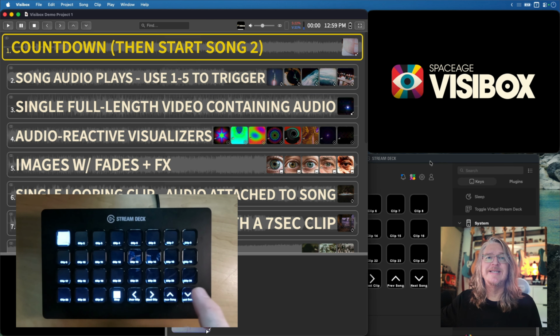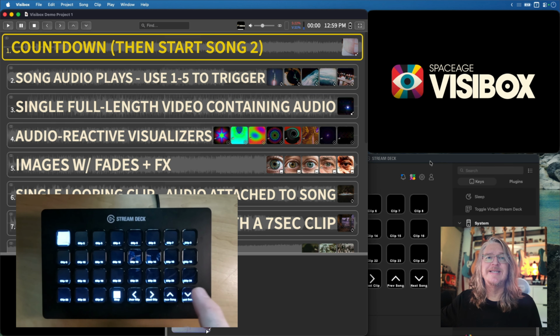You can also see that we've got the previews on the buttons here to show you what the clips are, which is nice, because there's always that fear when you're triggering something that you're not going to trigger exactly the right thing that you want to trigger. And it works for all types of clips. Including image clips, and here's some